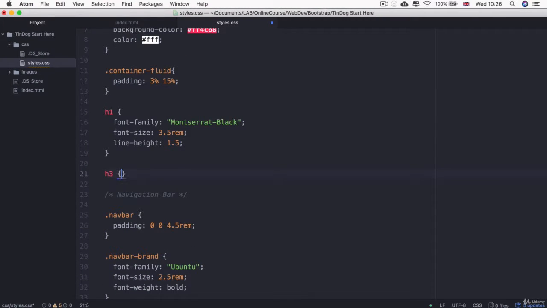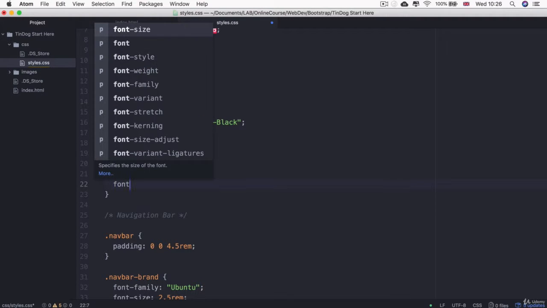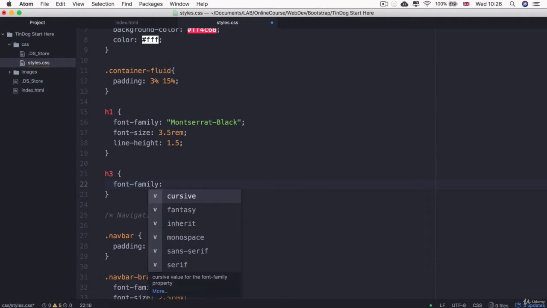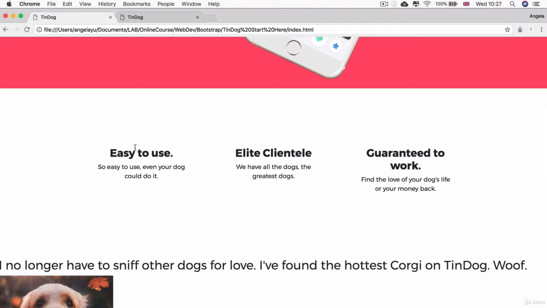So we can say, let's change the font family to, I think we can change it to Montserrat Bold. And this is to establish the visual hierarchy so that when a user looks at this website, the first thing that their eye is drawn to is usually the blackest, the boldest, the biggest thing. And we want that to be the title first